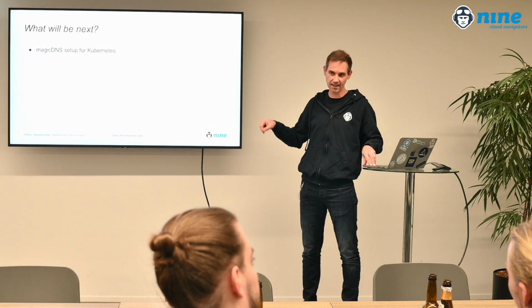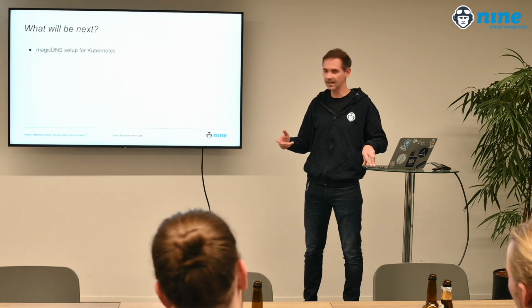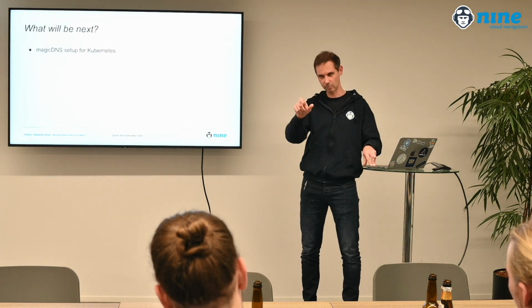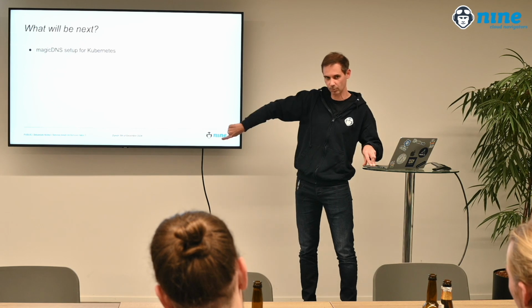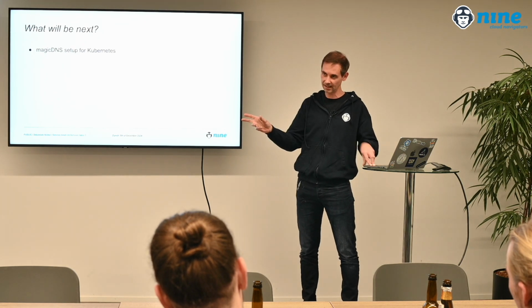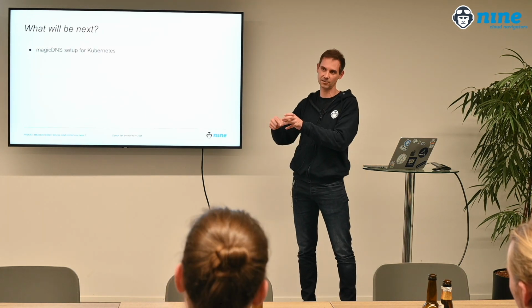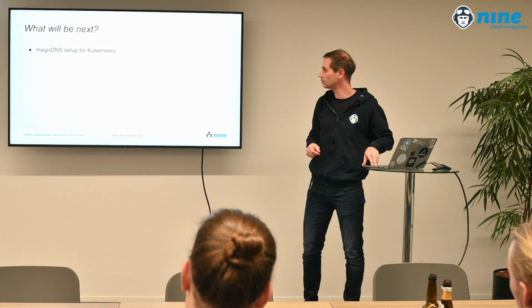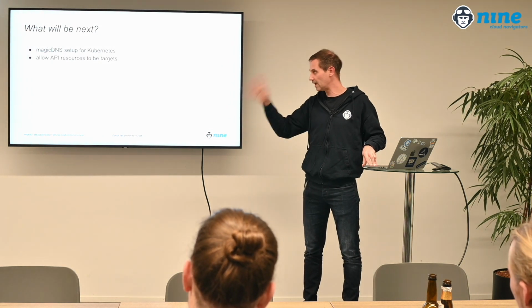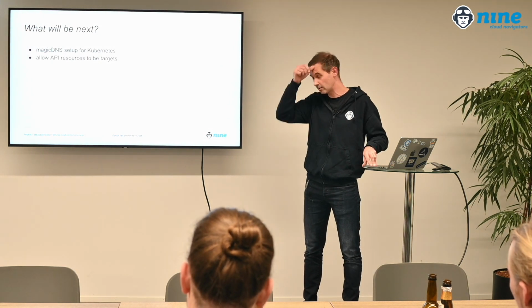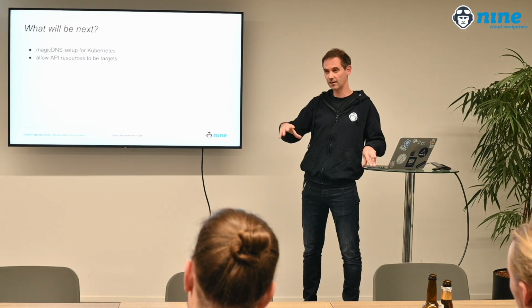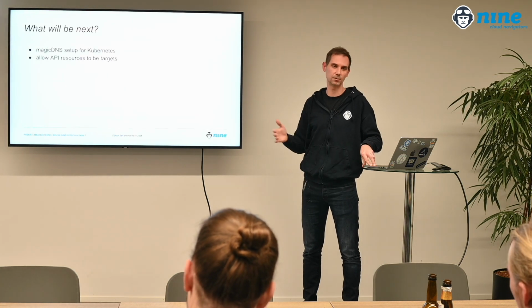And the same for Kubernetes. We have CoreDNS, and then you have the domain, and all the requests for that specific domain will be targeted to a name server, and that name server gets controlled by the headscale control server. That's how it works. Next, allow API resources to be targeted. So in our concept, whenever there's something that is a target or wants to be a target, it needs some code to be implemented.